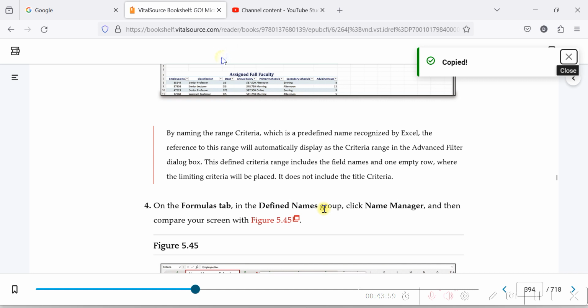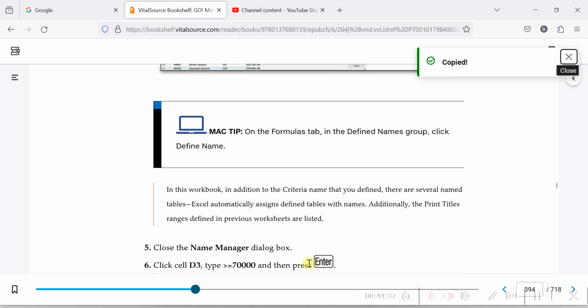In addition to the criteria name that has been defined, there are several named tables. Actually, no, they're not named. They're called table 1, 2, 3, 4. When you're in class, I'll actually talk about why each table is named the way it is. So in this workbook, in addition to the criteria name,